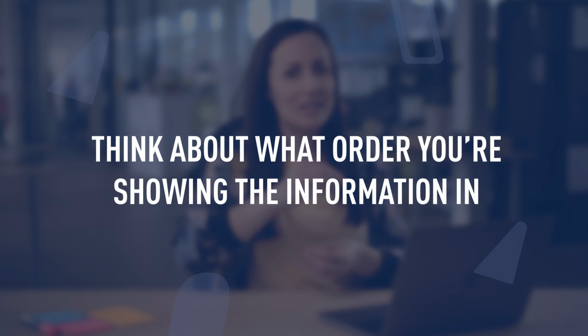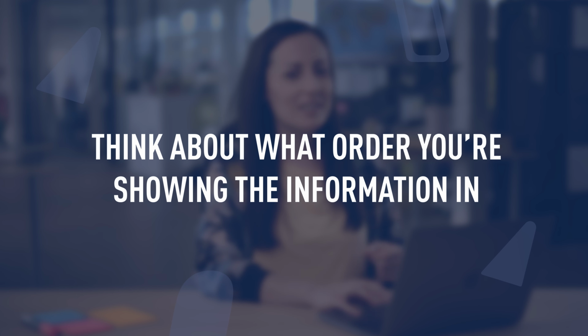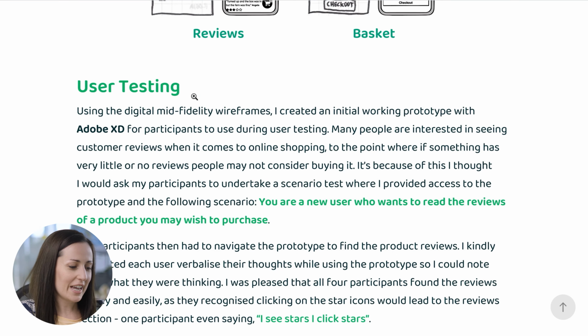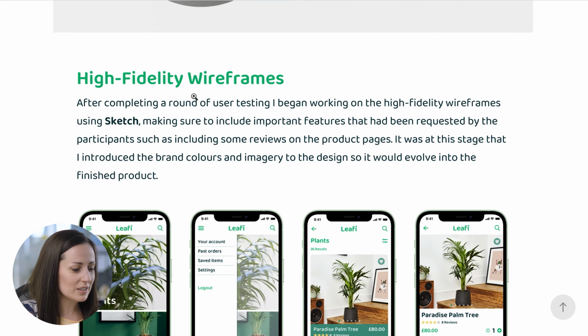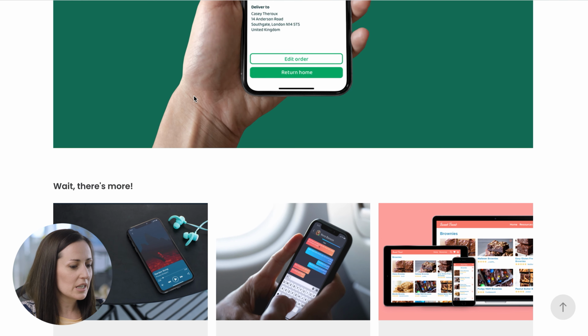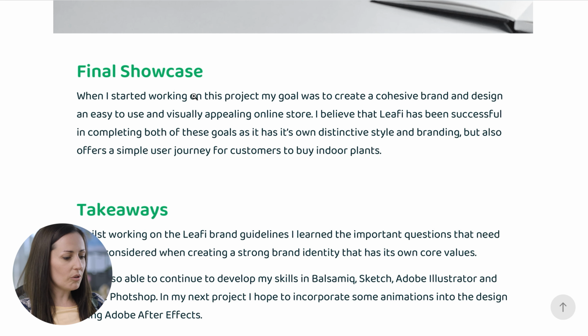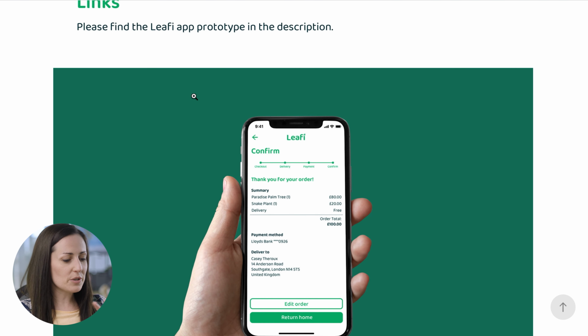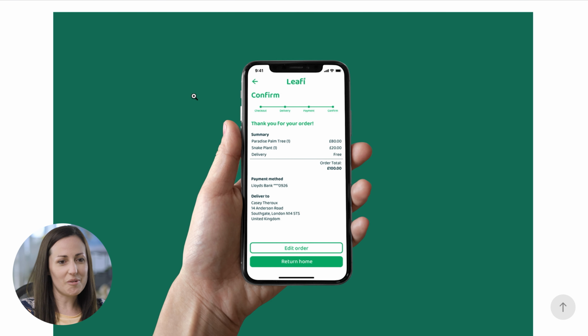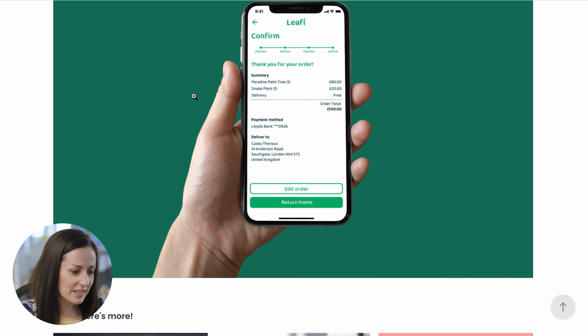So it really depends on the jobs you're applying for and what kind of roles you'd like to do, but this is a really great thing to make sure that you think about. What order am I showing the information in, so that the hiring manager or the person reading it is really getting wowed and getting excited about what I'm showing them? Okay, let's scroll through a little bit more. Yeah, okay. As we're scrolling through, there's really more showcase work, more visuals. So for a visual UI designer role with also some UX, this example was really fantastic.